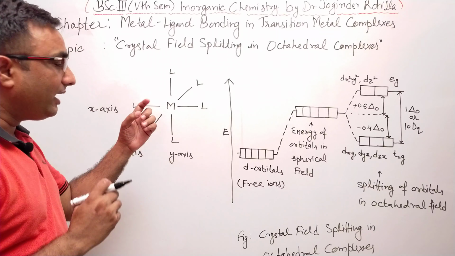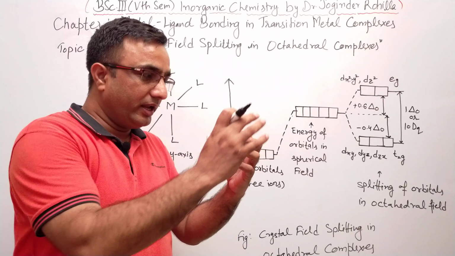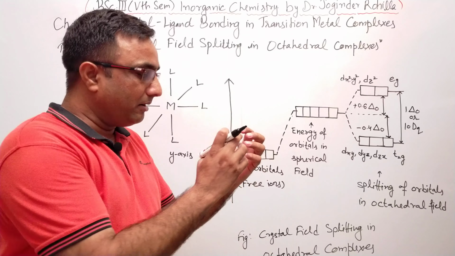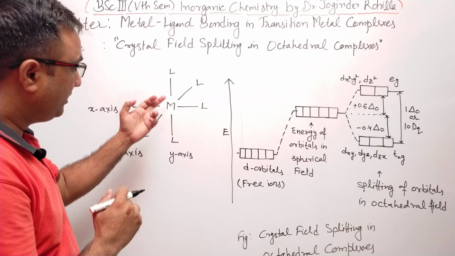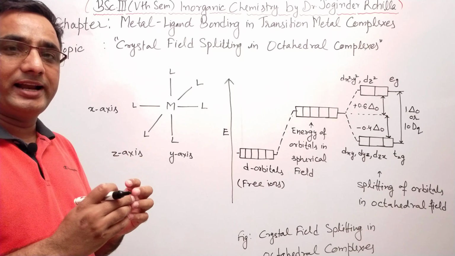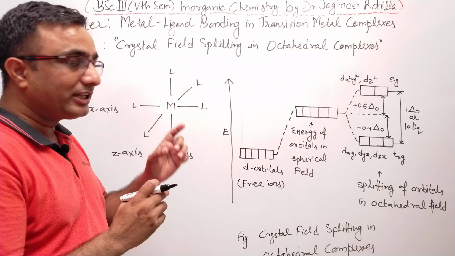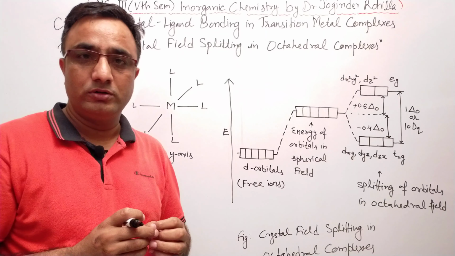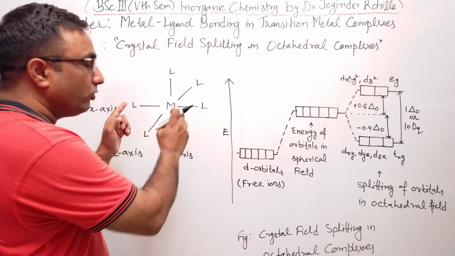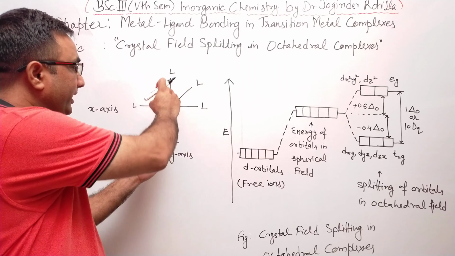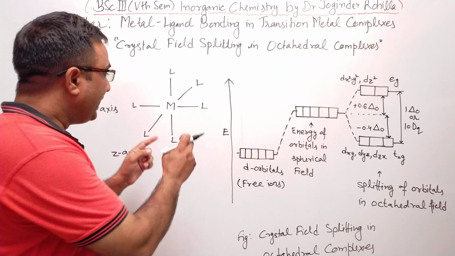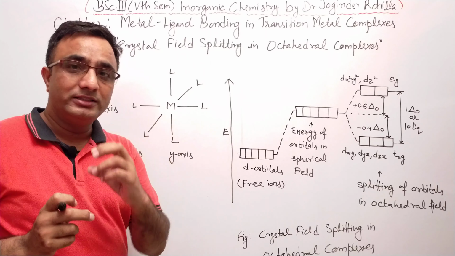Suppose a metal ion is present in an octahedral complex, and the metal ion is present at the center, like M, and 6 ligands are present at the corners of the octahedron. 2 ligands are present on the x-axis, 2 ligands are present on the y-axis, and 2 ligands are present on the z-axis, which